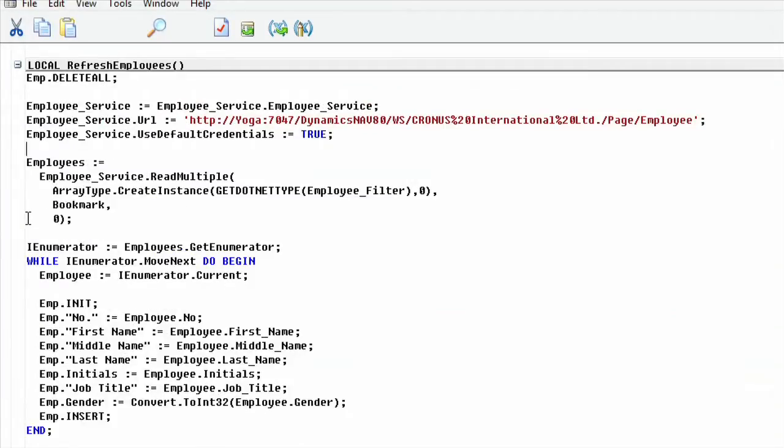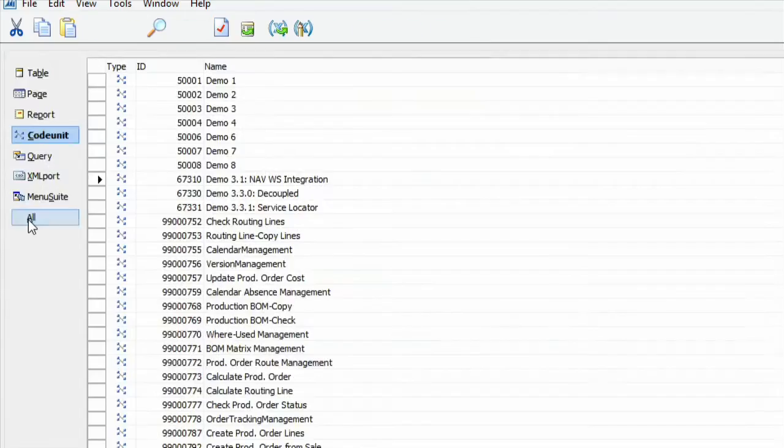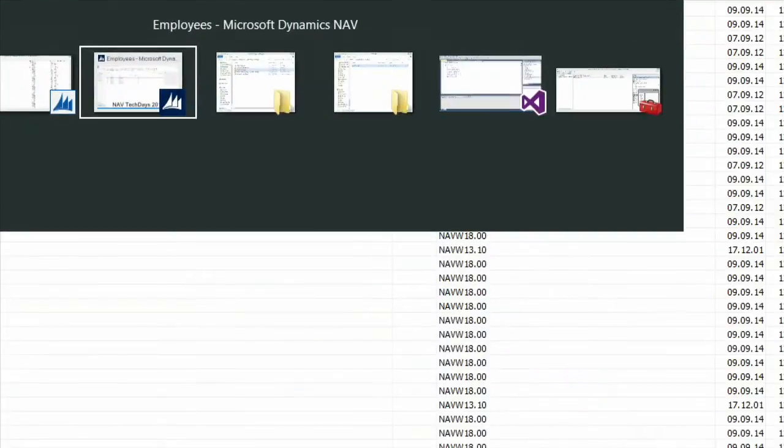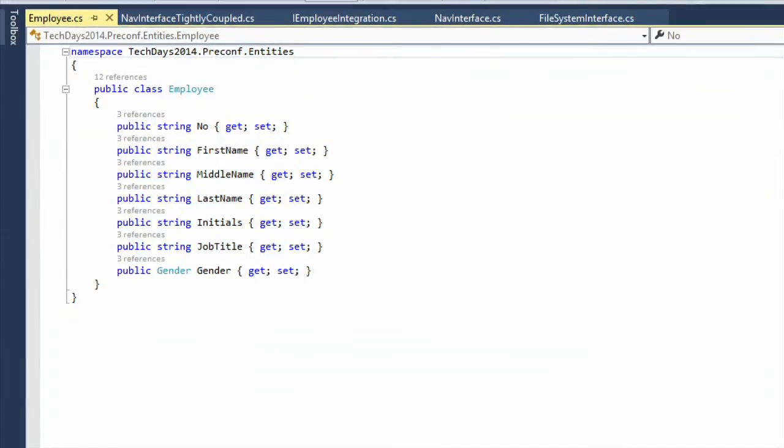The second problem is that I'm, of course, tightly coupling practically the whole thing: the data collection and the data model itself. Both of them are tightly coupled. The solution for that would be a bit different. So if I go to Visual Studio, it would be a two-step process.